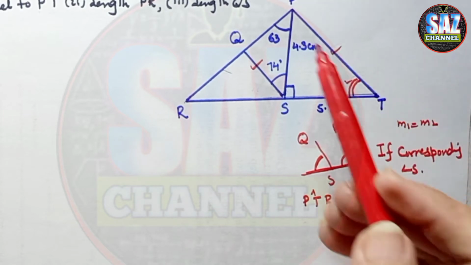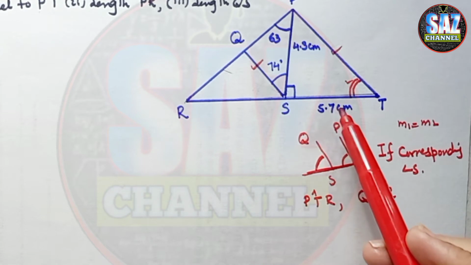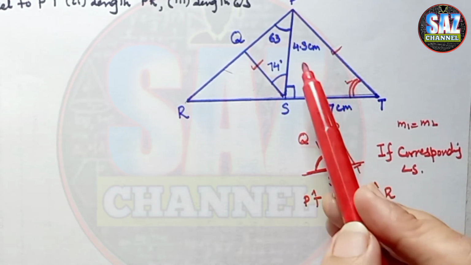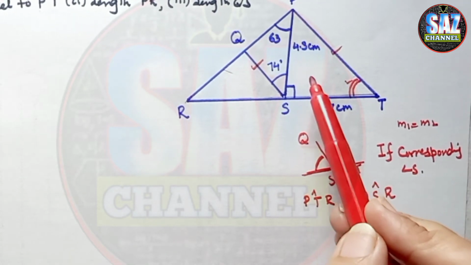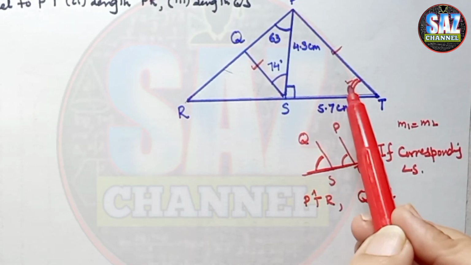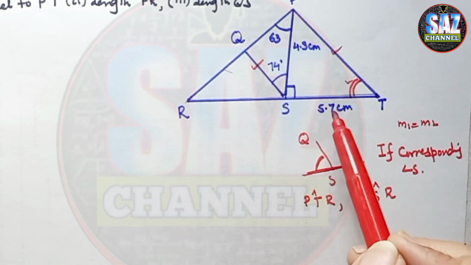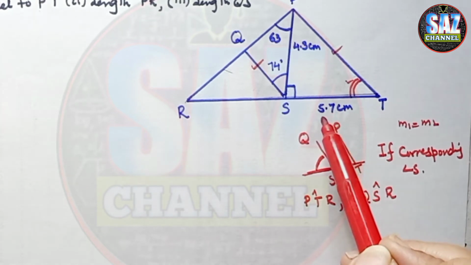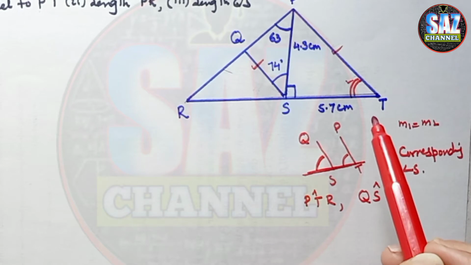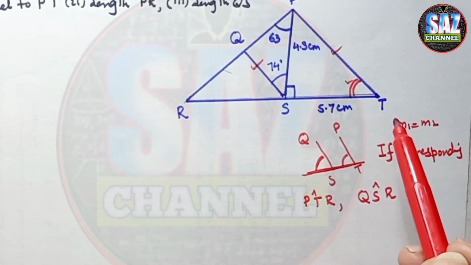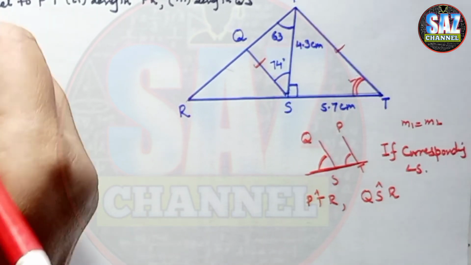If we look at the triangle PST, it's a right angle triangle in which two sides are given. So when we have a right angle triangle, in order to find the angles, we can apply basic trigonometric ratios. With the reference of this acute angle, 4.3 is opposite and 5.7 is adjacent. So recall which trigonometric ratio we can apply by using opposite and adjacent. It means that opposite and adjacent involves tangent T. Okay, so how to begin the solution?